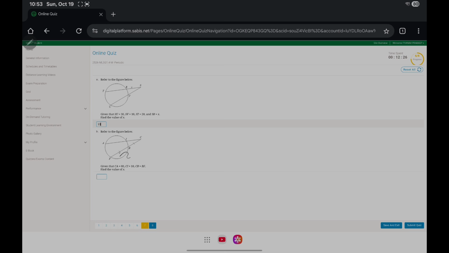Given that CA is 80 and CI is 10 and CB is equal to BF, so we just need to calculate 800 equals X times X plus X,